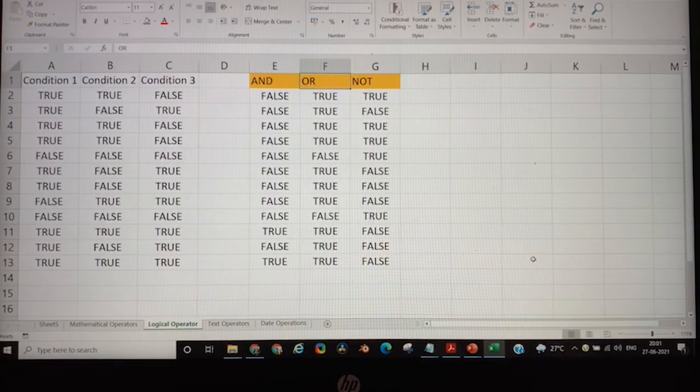Then we have logical operators: and, or, not. These are basically used to calculate the combined result of multiple conditions. So AND will give you true if the result of all the conditions are true. No matter what condition you are checking, the result will always be either the condition is met or the condition is not met. If the condition is met, it is considered true. If the condition is not met, then it is considered false. So AND will give you true only when all the conditions are met, OR will give you true even if only one of the conditions is met, and NOT basically just reverses the output of a condition.